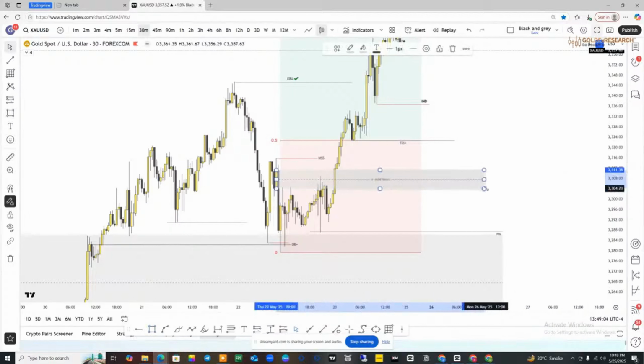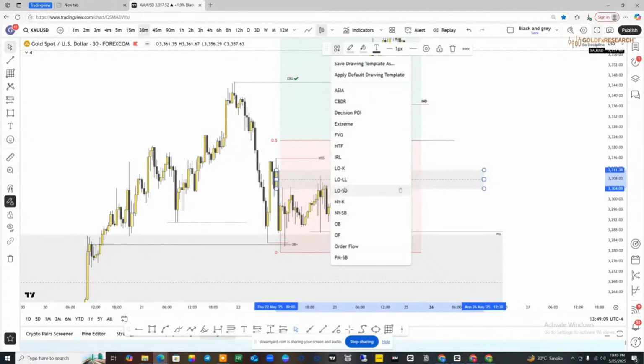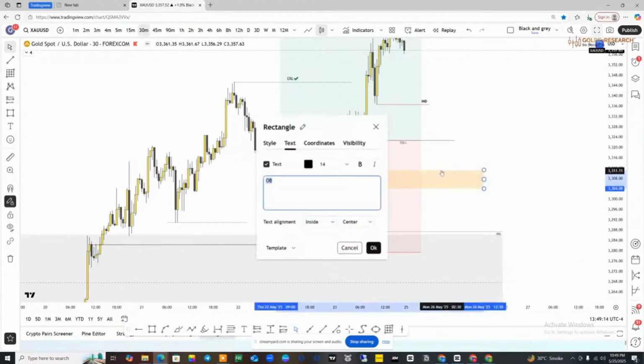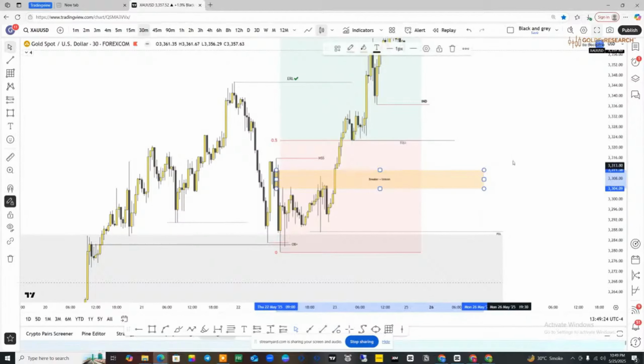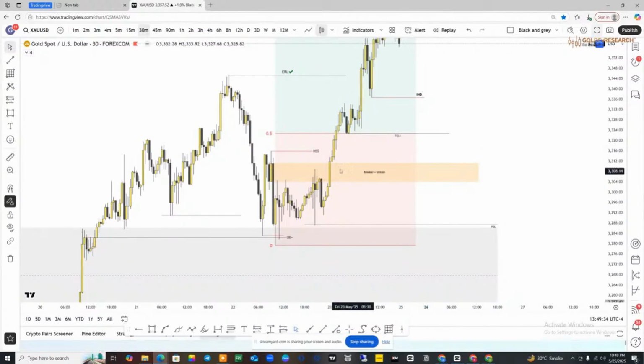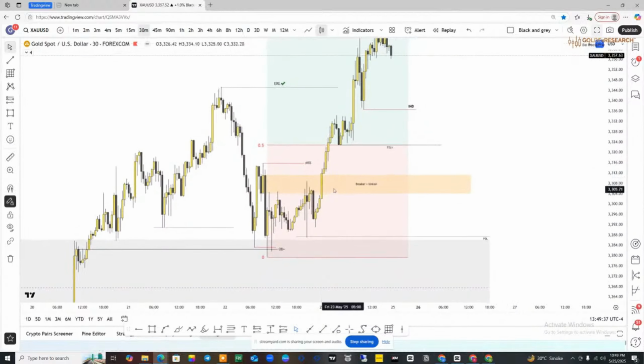फेल करने के बाद सेल साइड की लिक्विडिटी को ग्रैब करने के बाद अगेन क्या किया, बुलिश मूव दिया। तो ये हमारे पास कौन सा मॉडल बन रहा है, ये हमारे पास ब्रेकर ब्लॉक था, ब्रेकर ब्लॉक के सामने एफवीजी है, तो ये ब्रेकर प्लस यूनिकॉर्न मॉडल बन गया। और ये मॉडल भी आप लोग आगे डिटेल्स में पढ़ोगे, हमारे कोर्स में पढ़ोगे। ये सारी चीजें मैं डिटेल्स में कोर्स में बताऊंगा। ठीक है, ब्रेकर के सामने हमारे पास एफवीजी आ रहा है, तो ये हमारे पास यूनिकॉर्न मॉडल बन रहा है, जहां से हमें एक अच्छी बाइंग एक्सपेक्ट हो सकती है।